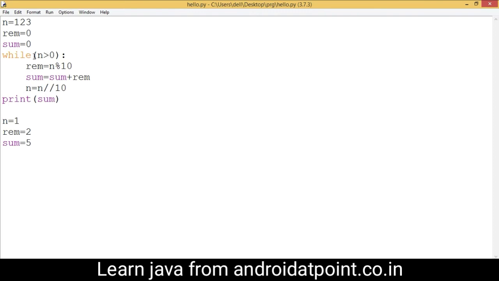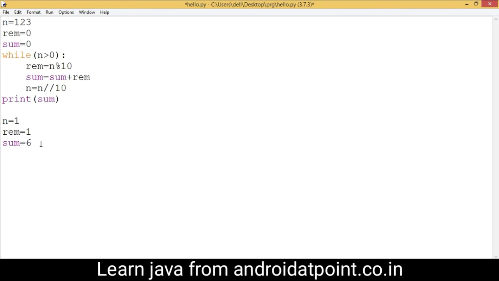Now control comes here and checks the condition. The value of n is 1, which is greater than 0. Now control comes to this statement and checks n modulo 10, meaning remainder 1 is assigned into ram, and now the value of ram is 1. The value of sum is 5 plus ram 1, so 5 plus 1 is 6, assigned into the sum variable.